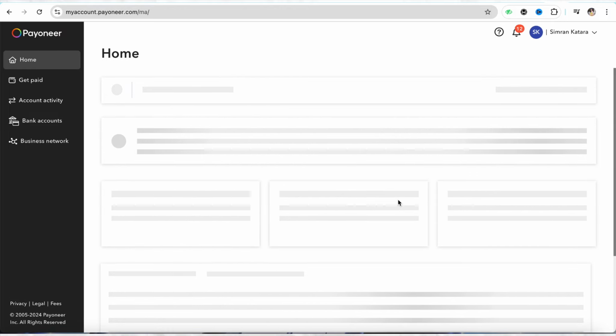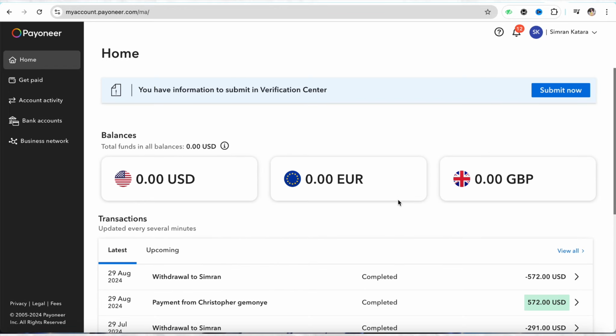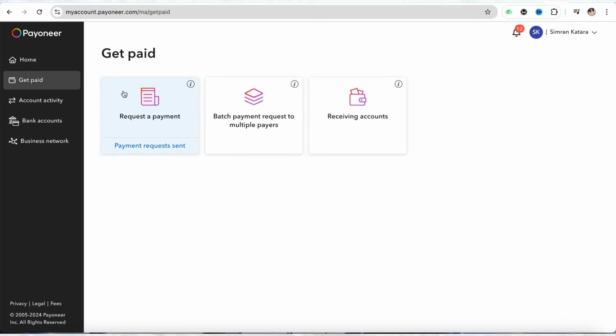And once you're there in your Payoneer account, in order to request a payment, all you have to do is just simply click on the get paid section from the left hand side menu screen, and over here you will be able to see the option called request a payment. Just simply tap on it,